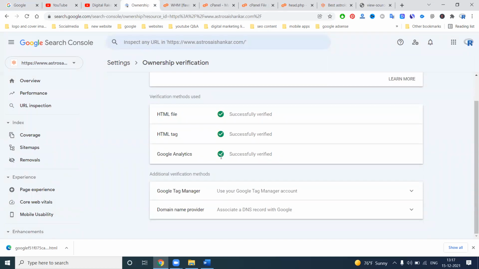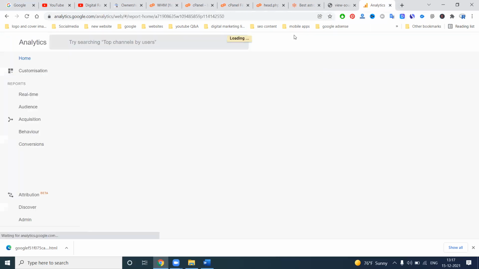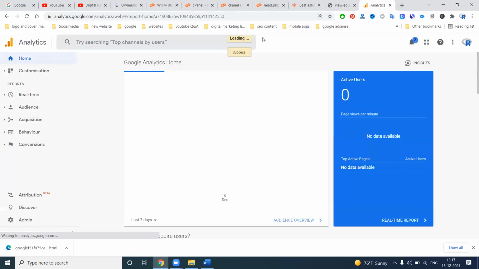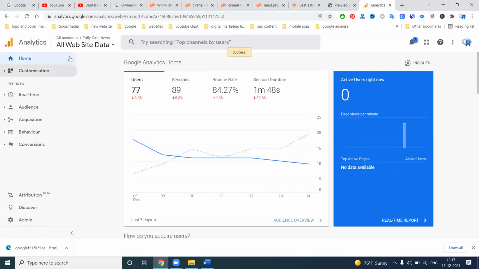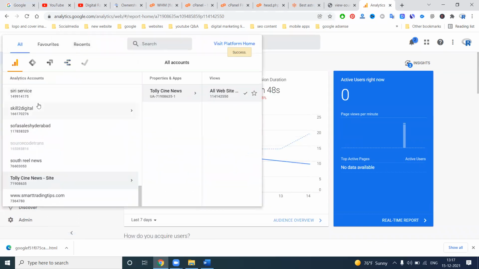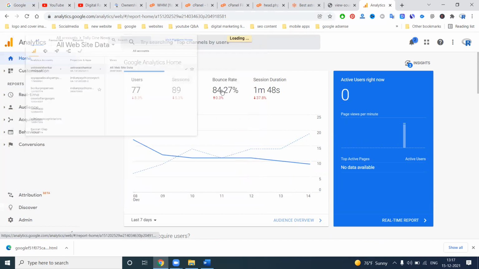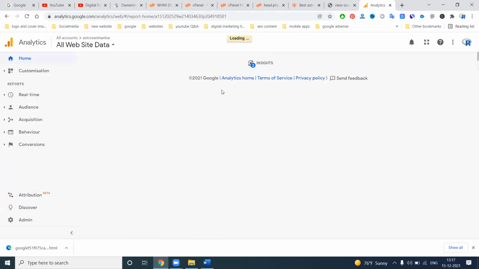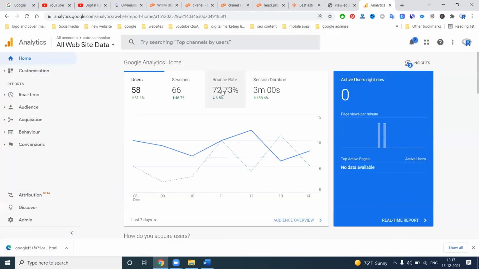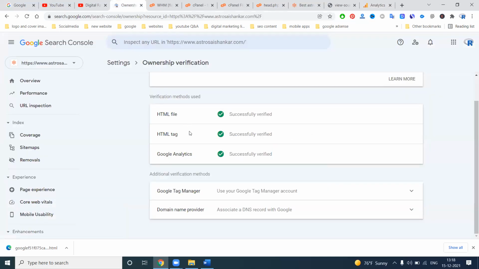In your same email ID, the same Google Analytics is there, so we can activate it from the Google Search Console option. In this website, we already have Google Analytics, so it is verified automatically.